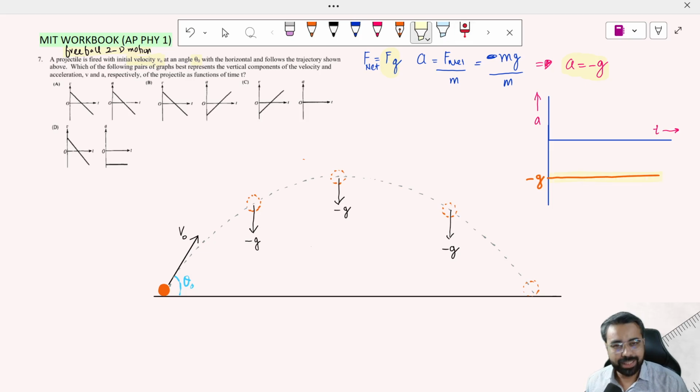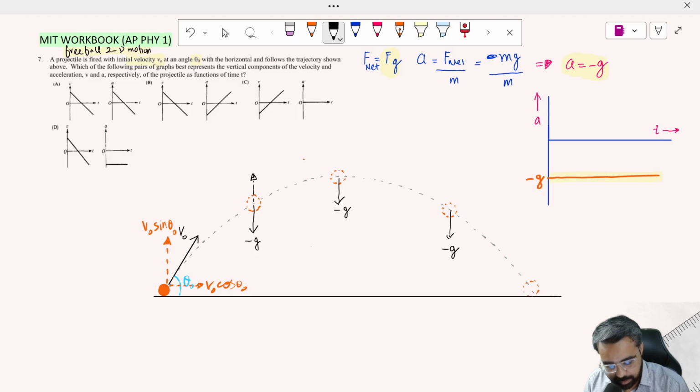Now let's come to the second graph, that is the velocity time graph. And for this, let's talk about the components. Let's resolve the vector v into its components. So this is a vertical component, which is responsible to take the ball vertically up, and the horizontal component is responsible to take the ball horizontally. Okay, so how is this vertical component varying as the ball is moving more and more up? So this component is decreasing,